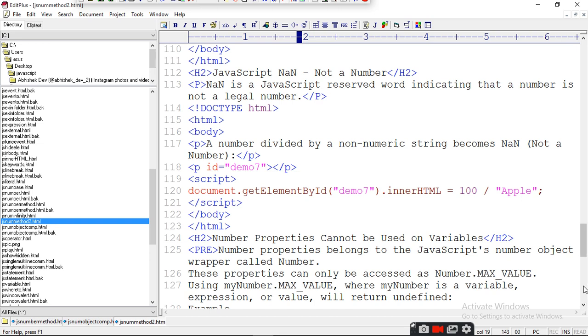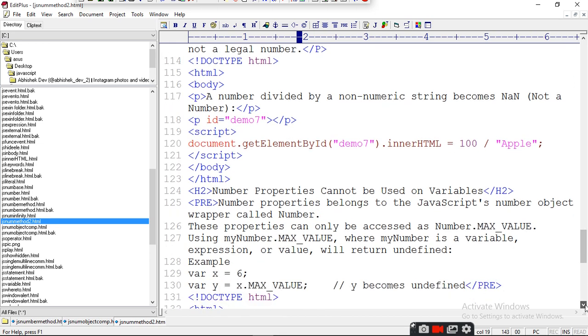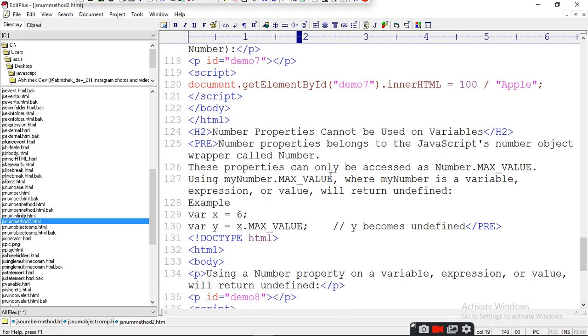Number properties cannot be used as a variable. It will give undefined, because number properties belong to the JavaScript number object wrapper called Number. These properties can only be accessed as Number.MAX_VALUE. Using myNumber.MAX_VALUE, where myNumber is a variable, expression or value, will return undefined.